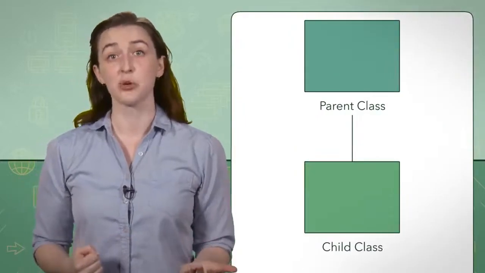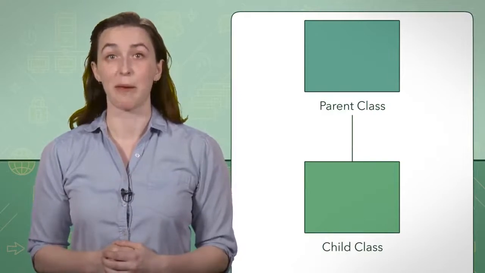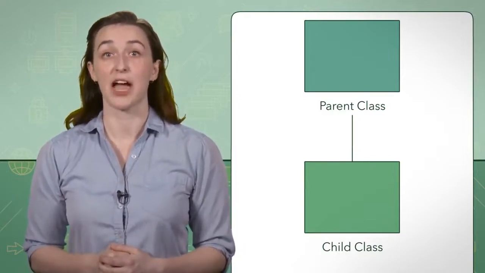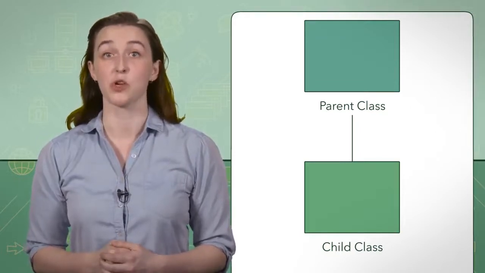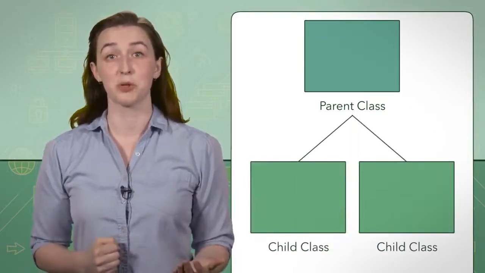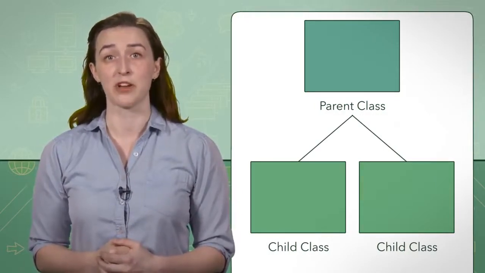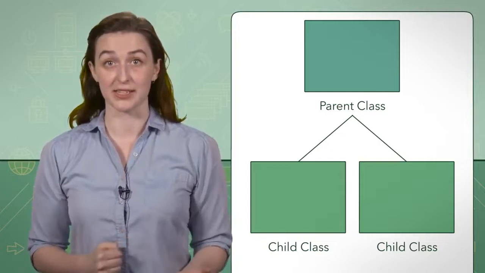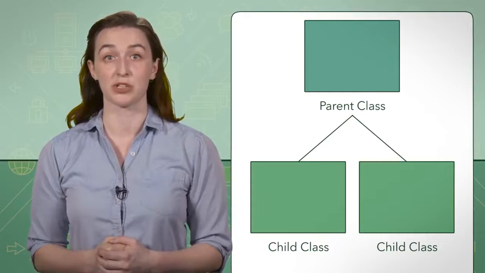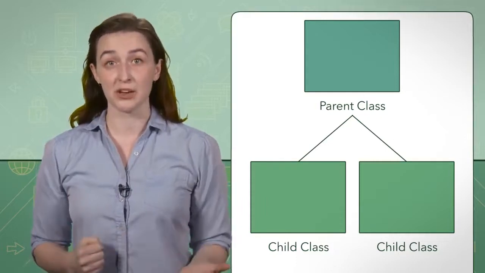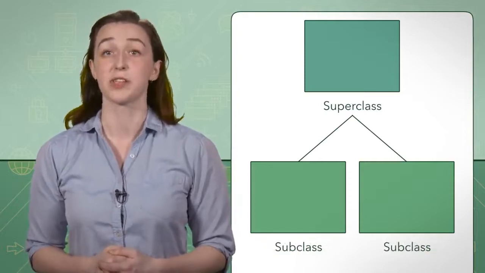Specifically, you can have two classes, a parent class and a child class. When a child class inherits from a parent class, the child class will have the attributes and behaviors of the parent class. You place common attributes and behaviors in your parent class. There can be multiple child classes that inherit from a parent class, and they all will receive these common attributes and behaviors. The child classes can also have additional attributes and behaviors, which allow them to be more specialized in what they can do. In standard terminology, a parent class is known as a superclass, and a child class is called a subclass.